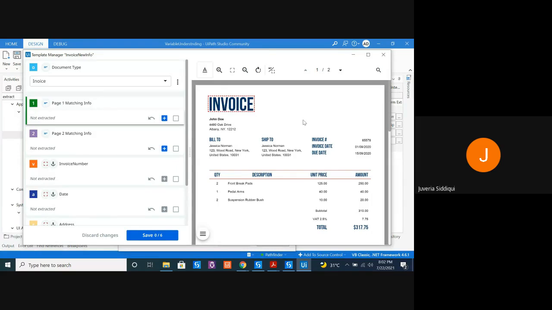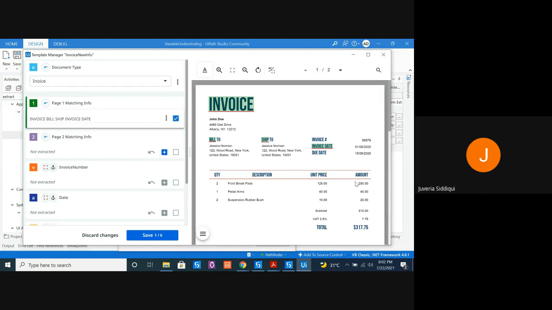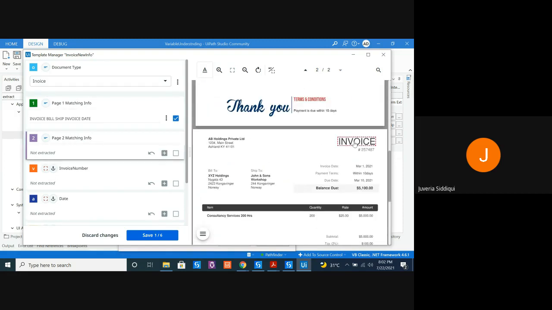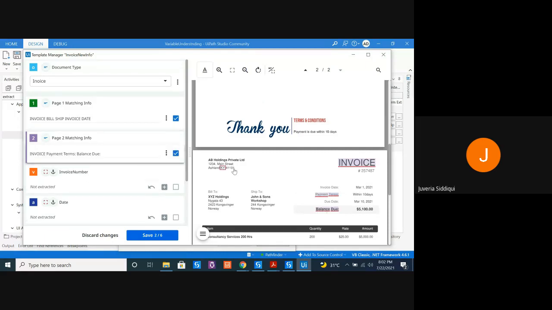So 1, anything, 2, 3, 4, 5. Click on plus. Let's start by extracting for page 2. So 1, let's hold control on your keyboard and start selecting other words. 2, 3, 4, 5 and plus. So now if you see, both the selections that I made, I tried to keep some words that are unique in both the documents.